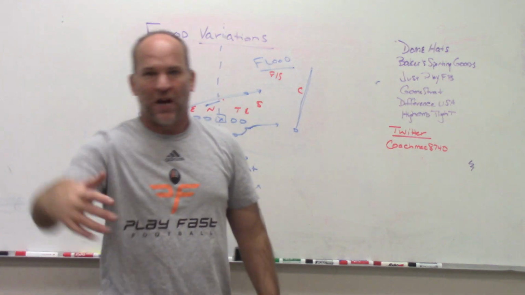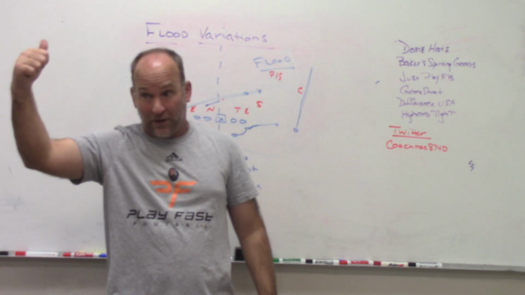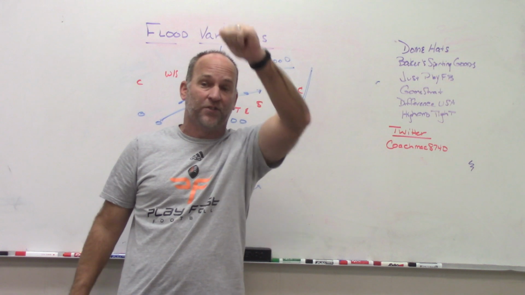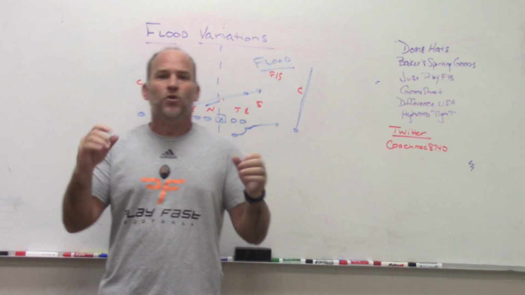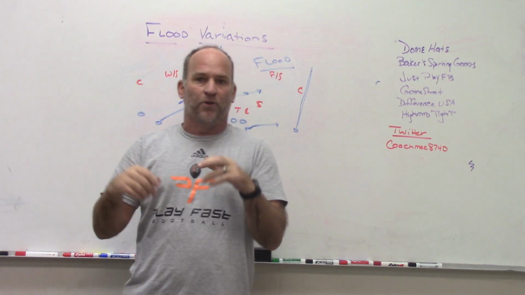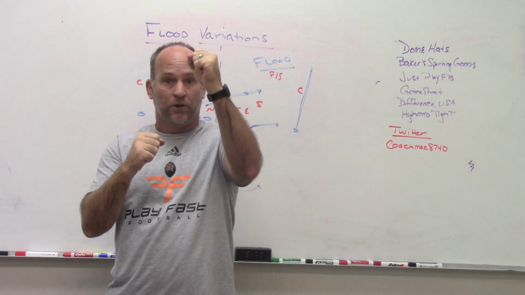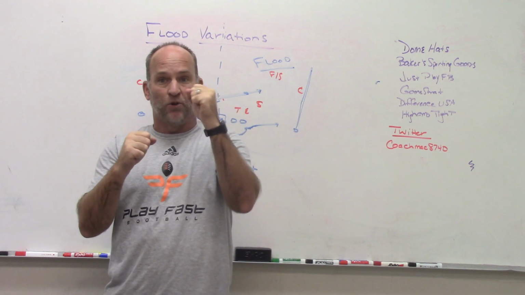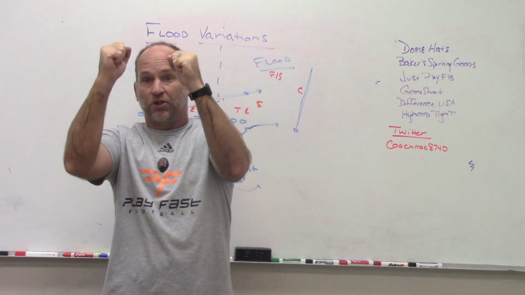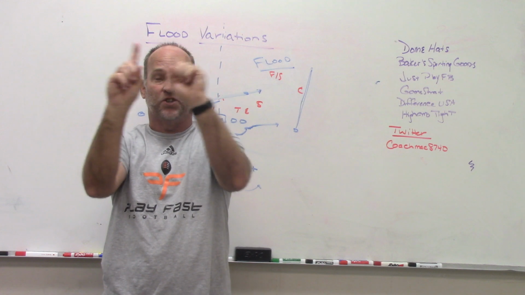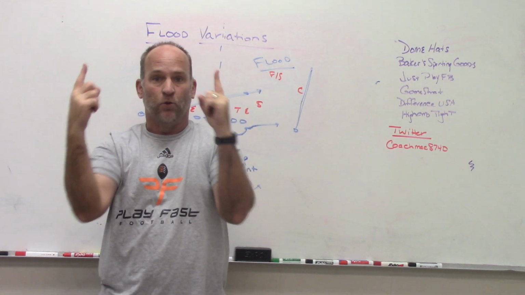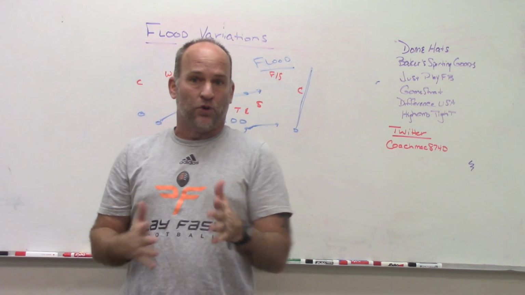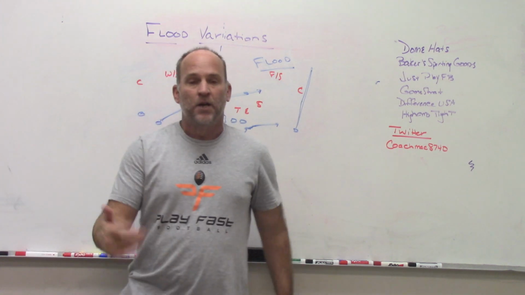So whether it be some type of wheel, some type of wheel bench route to get them to the intermediate part with the skinny over the top and a flat route, try and create rubs, picks, whatever you can do. Like I said, if you do it from stack and you run some type of burst route, and some type of burst out route with some type of outside back to skinny post, and now the corner and safety are trading routes off, and then when they trade off, you're bringing the routes back to where they originally were. You can do it from condensed sets, you can do it with motion, anything to get